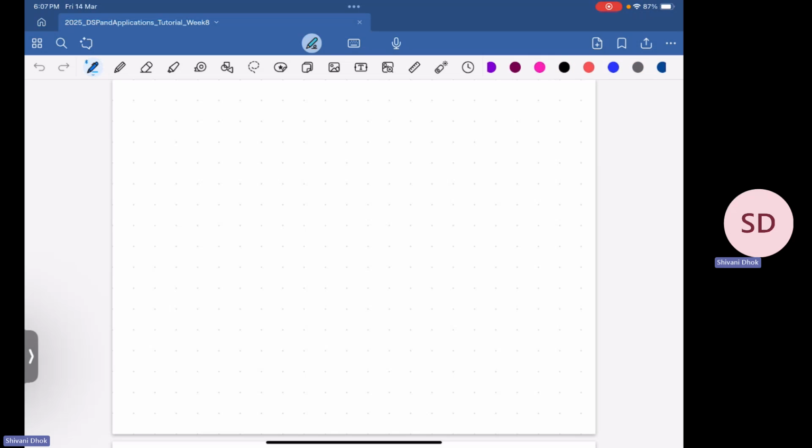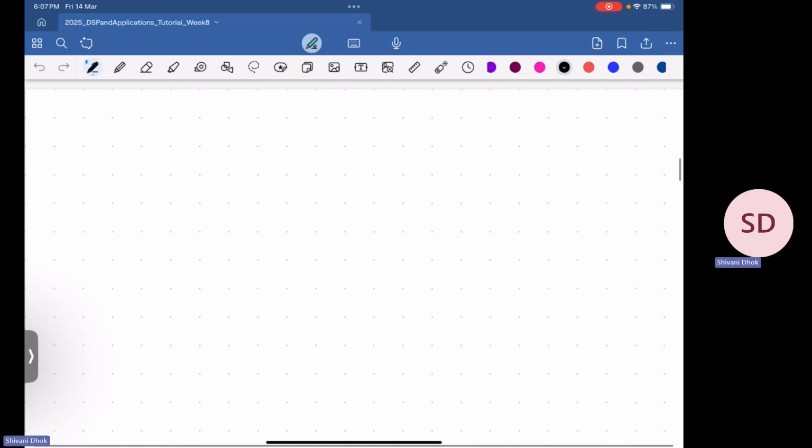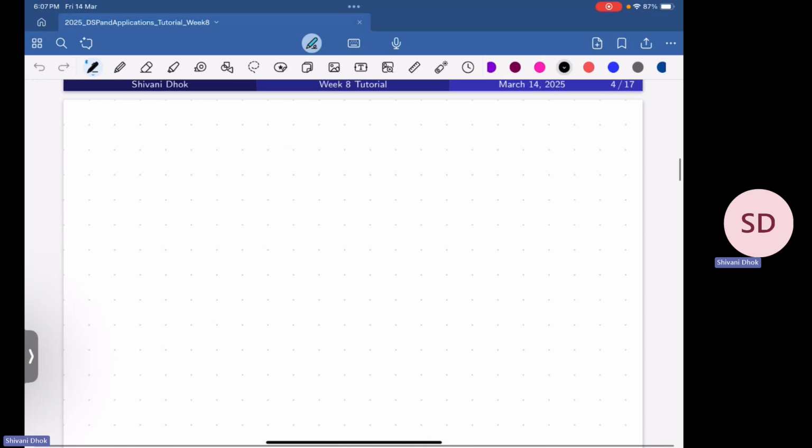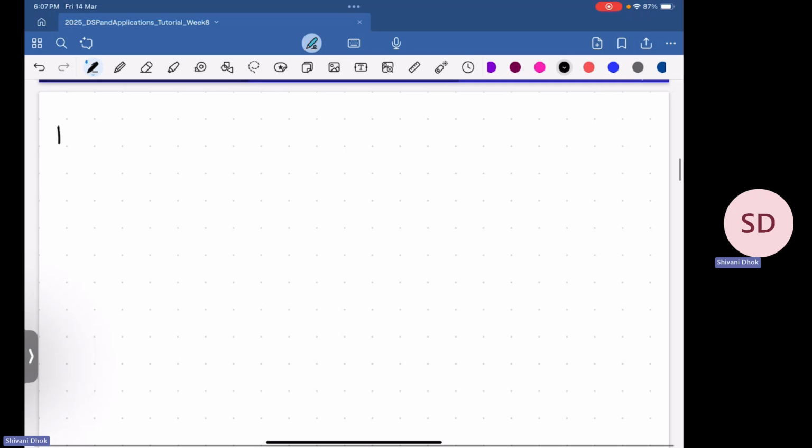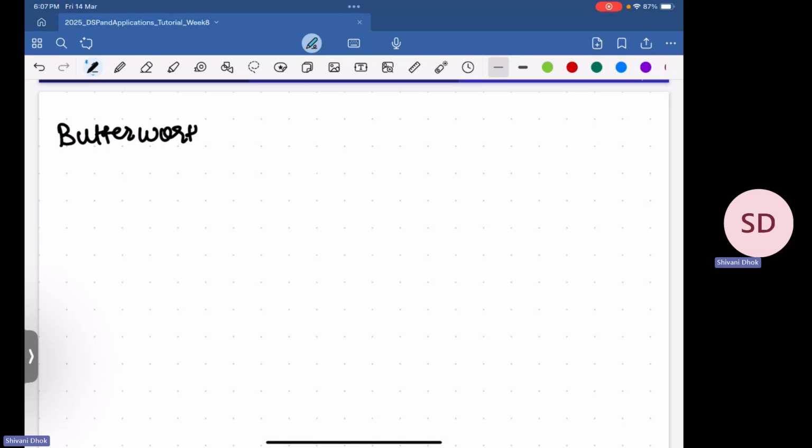What we saw was, for a Butterworth low pass filter, the order is given by